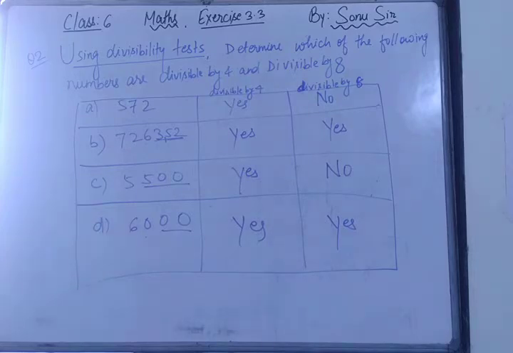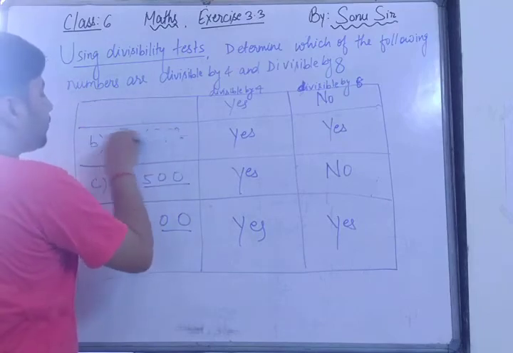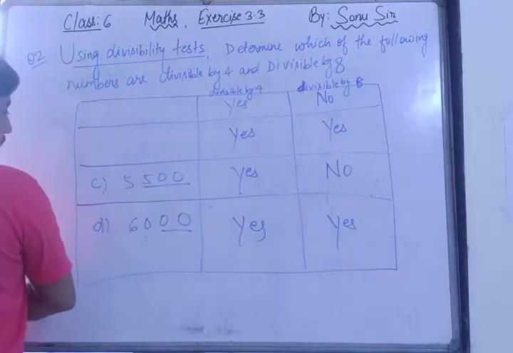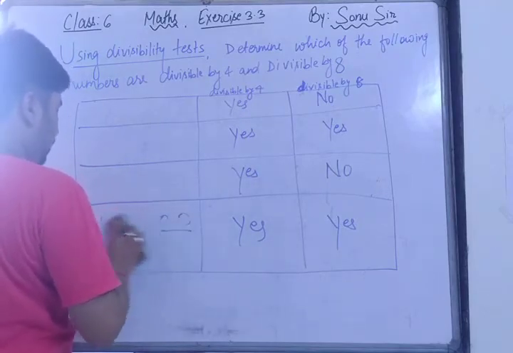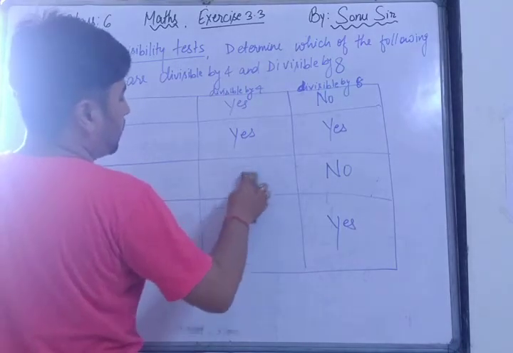Can you solve whether this number is divisible by 4 or not? Is this number divisible by 8 or not? In this we only have to check whether the number is divisible by 4 or not, or divisible by 8 or not. So now I am moving towards E, F, G, H. I just have to check whether these numbers are divisible or not. Let me first write the questions, and after that I will check whether these numbers are divisible or not.